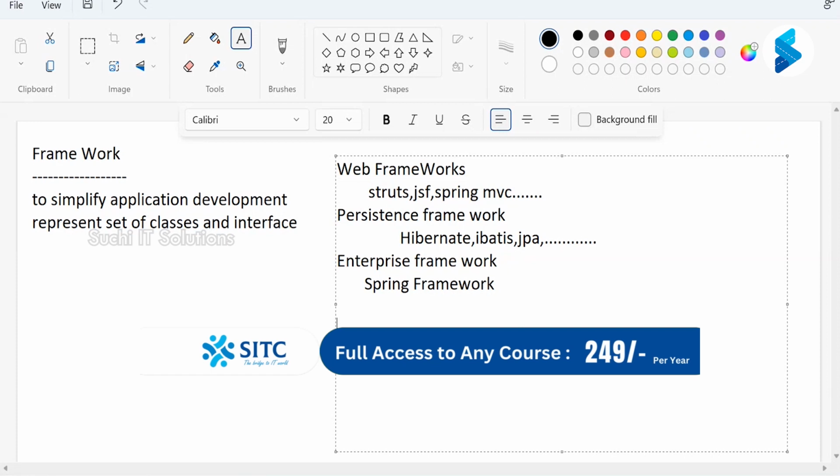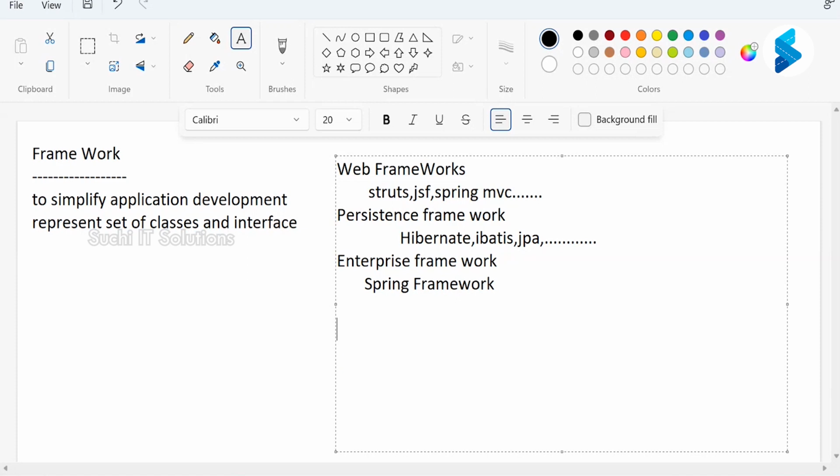Java frameworks are reusable, which means once you design the framework, you can use it to build your application, guys. Okay, up to here is clear.